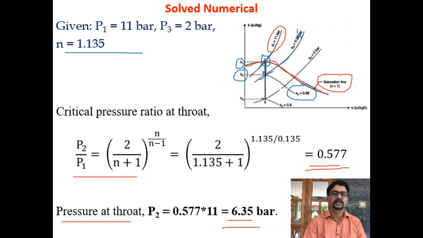Now continue this line vertically downwards till it intersects the 2 bar pressure line. At point 3, note down the corresponding values of h3 as well as x3. Previously in all the problems you used to note down the specific volume, but now you are noting the dryness fraction. You can take the specific volume of dry steam from the steam table and multiply with these dryness fraction values to get the actual specific volume at those points. I will explain that in the next slide.